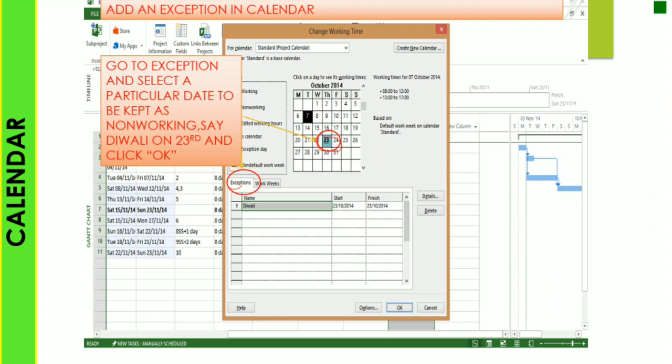You can see that Diwali, 23rd October, is finished also on 23rd October. Whatever I am using here, Diwali, you can use your Labor Day or whatever kind of natural climate alert or other things you want to add to your calendar. You can add an exception in the calendar.